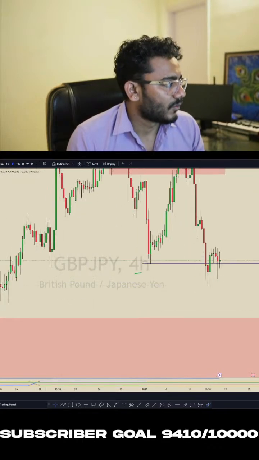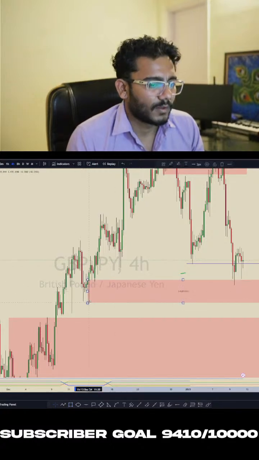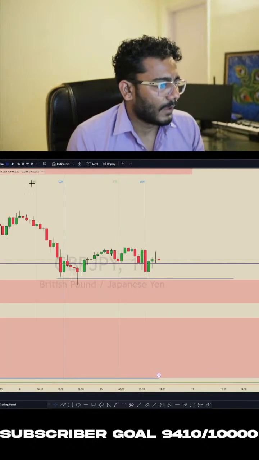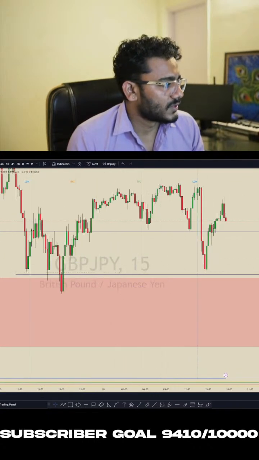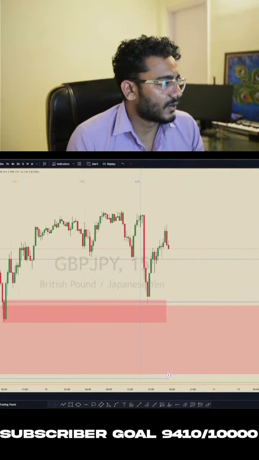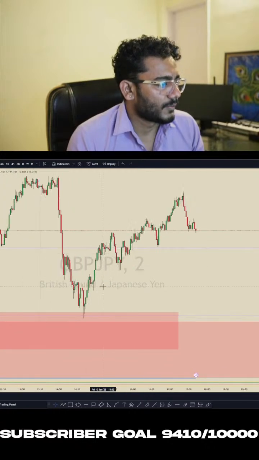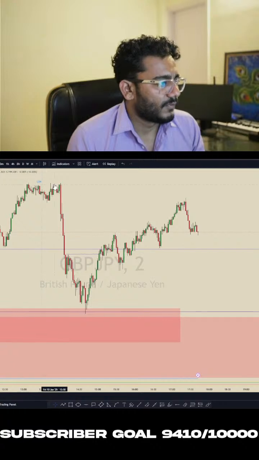We can see on 4 hour this week is mitigated. So this week induced this lows, and now price has tapped this low. We can see there is a quasimodo pattern forming over here, and price can continue to the upside. I think so. Okay, so this is the order block which is mitigated, and I think price can continue upside. So where we can enter in this move is here. Okay, so price has broken this minor structure, which is not actually a structure. But if this breaks, then it will be clear. But I'm looking for buy side entry at this order block.